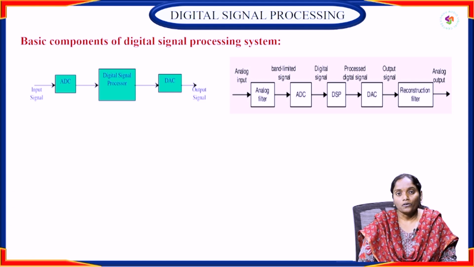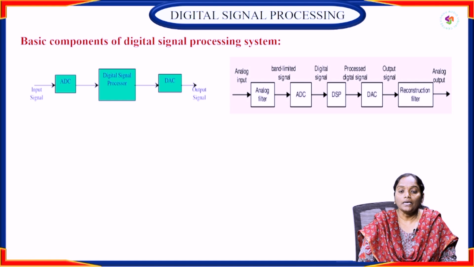You can use any of these digital to analog converters, but the DAC output is not exactly the same as the analog input. The output of the DAC is a staircase waveform. You have to smoothen those edges so that you get the analog form. To do that, we use the reconstruction filter. The reconstruction filter is a low pass filter which smoothens your staircase waveform and gives the analog output.